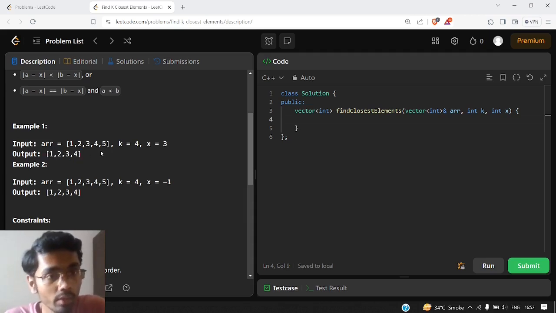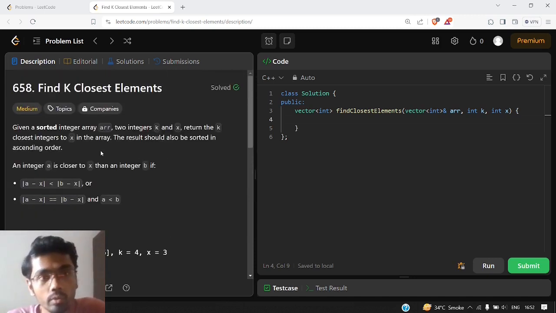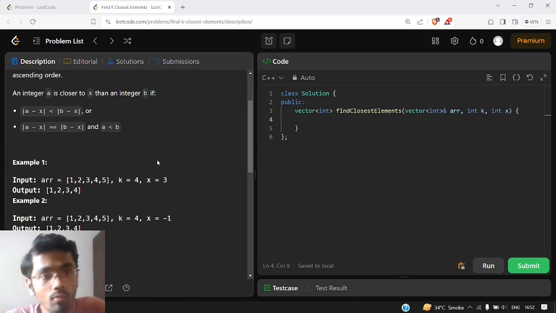So this was about the k closest elements and the definition of the closest element. Now how would we approach this question? One thing we understood is that we need the differences of the numbers from x. And what differences will we take in our answer? The minimum differences. And how many of them will we take? We will take k differences.